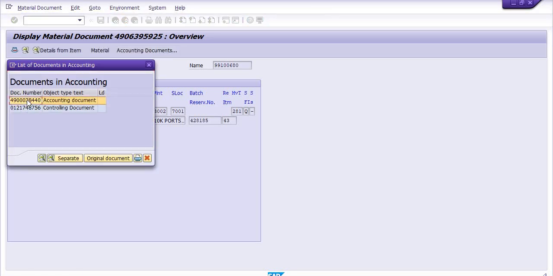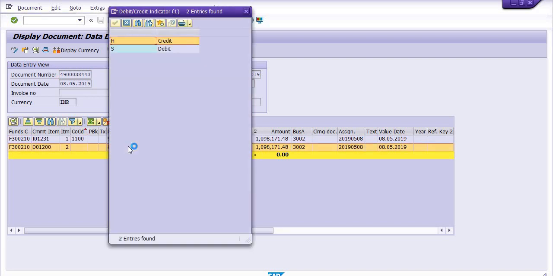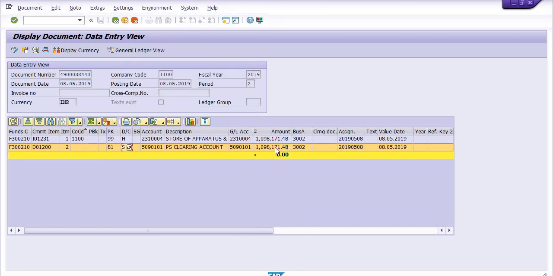Click on this accounting document. In this case, store of operators and plant is credited and PS clearing is debited. S means debited, so you need to plus it as a debit entry, and store of operators and plant is credited, meaning our amount is transferred from store of operators and plant to the PS clearing account.